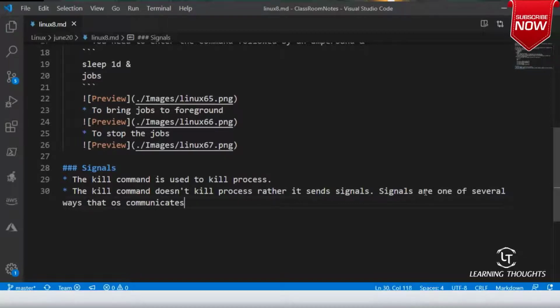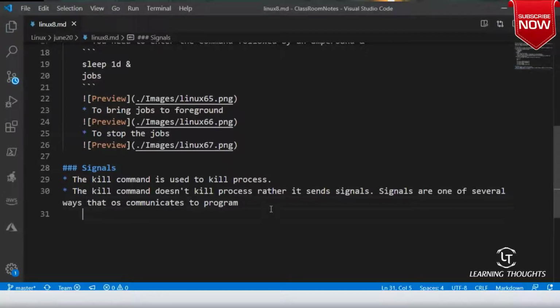If your operating system wants to communicate to the program, there are many methodologies, and signals is one of them. Let us try to understand some of the basic signals.